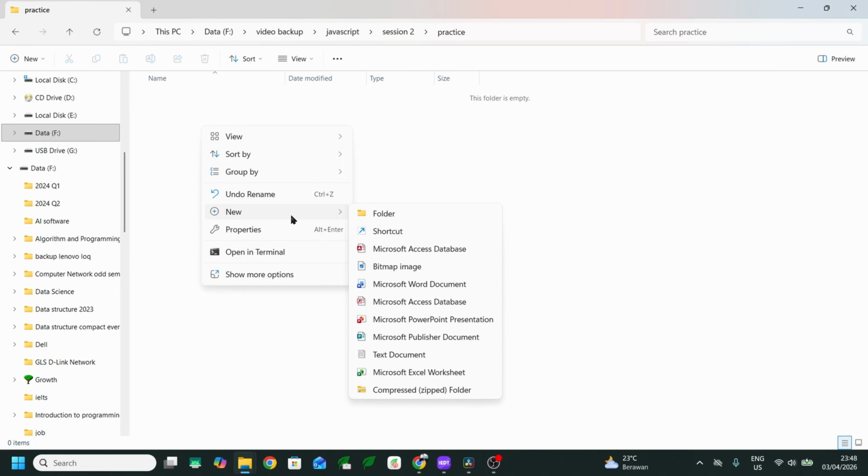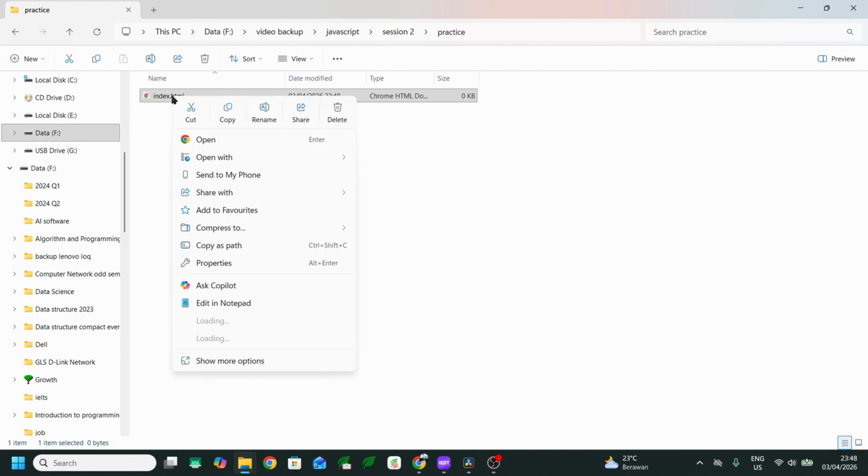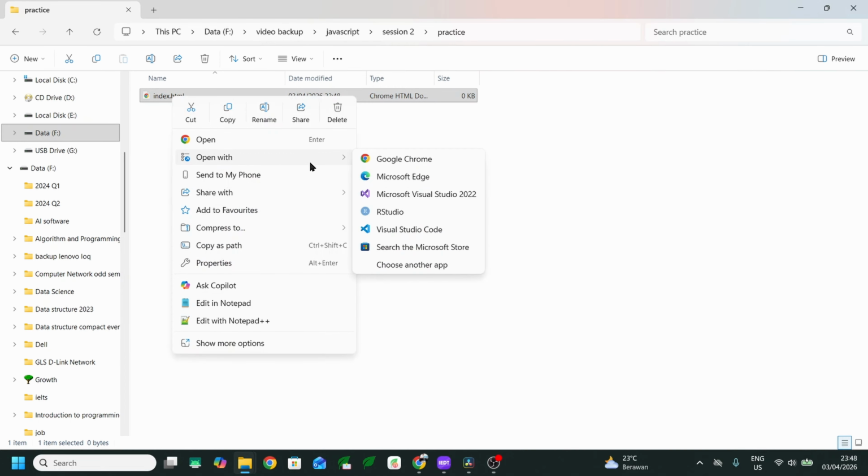For example, please make a new file. I will implement it as inner HTML. I will make the file name index.html. Then please open it using Visual Studio Code.